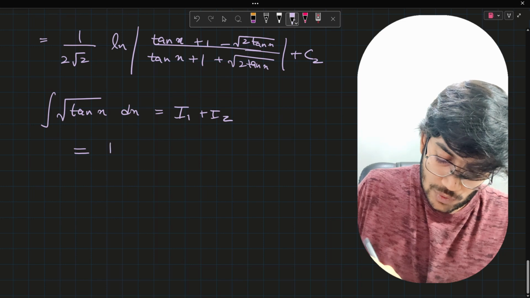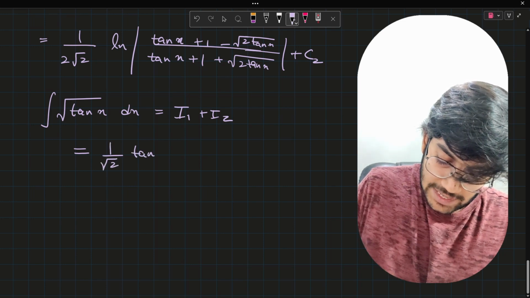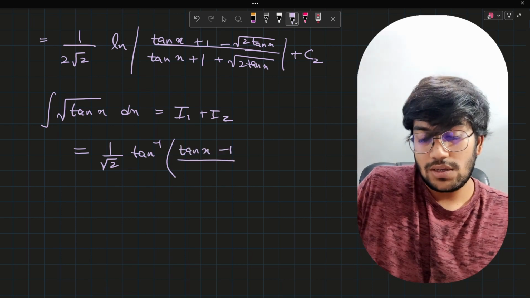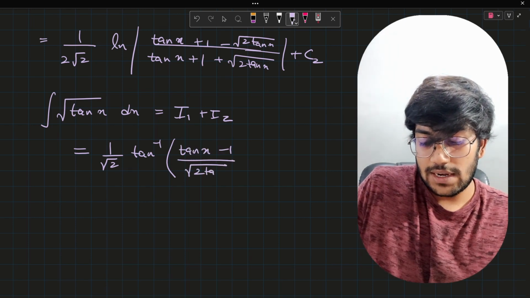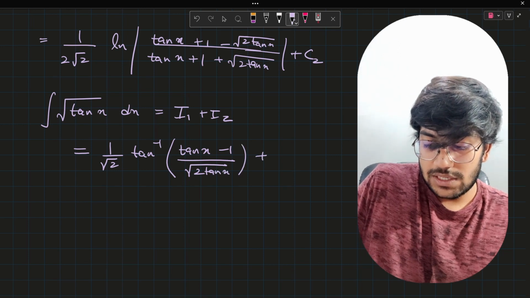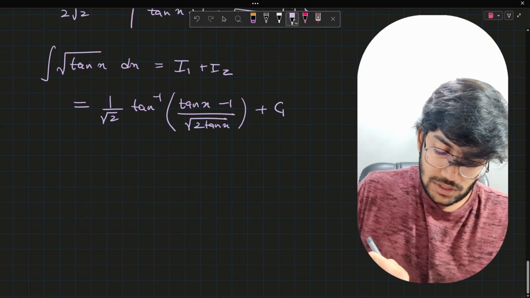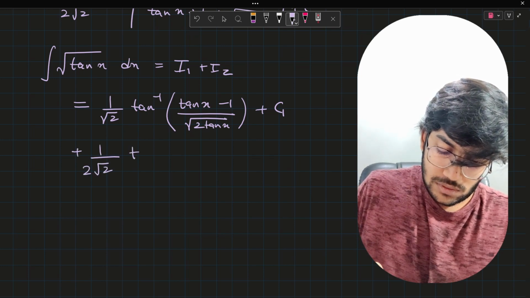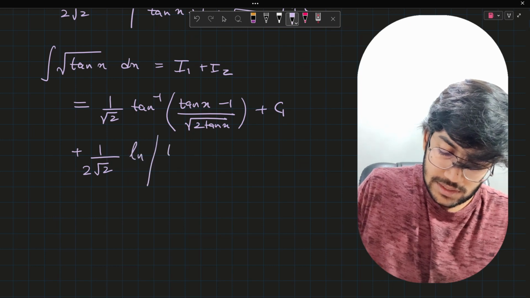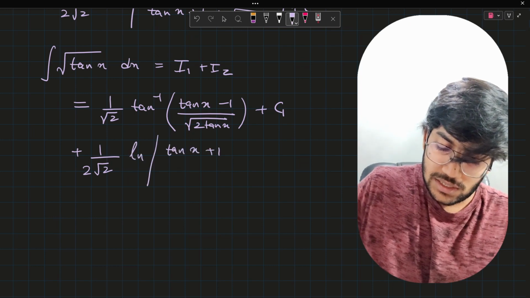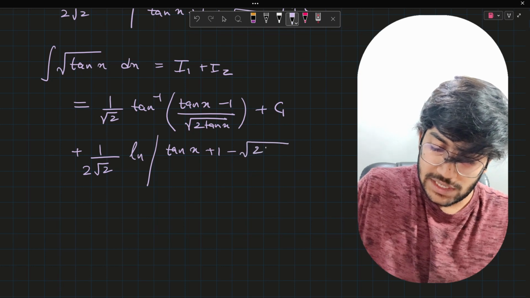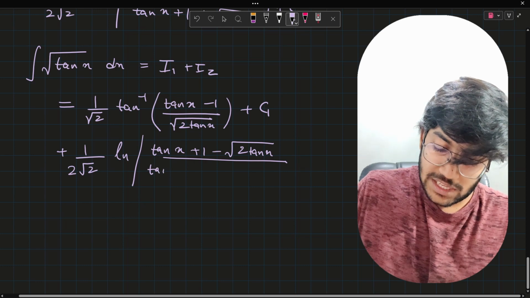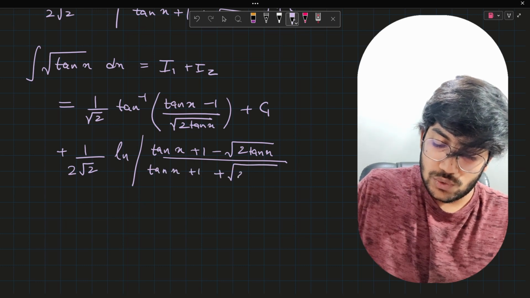This is equal to 1 by root 2 tan inverse tan x minus 1 over root 2 tan x plus c1 plus 1 by 2 root 2 ln tan x plus 1 minus root 2 tan x by tan x plus 1 plus root 2 tan x